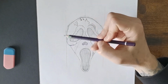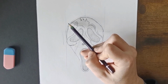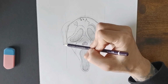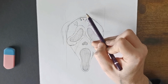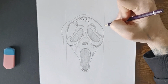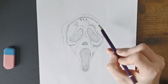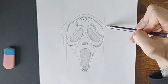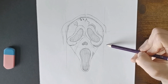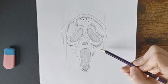So now the top of the mask we've got here, we're going to draw his hood on. His hood comes to here. Then goes up. Goes around here following a similar gap between the mask and the hood, because this is the inside of the hood, interior, and folds down here where the eye is, comes out like a centimetre. Just draw that straight, and at the bottom of the eye, so about here,